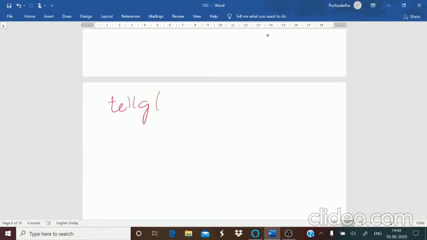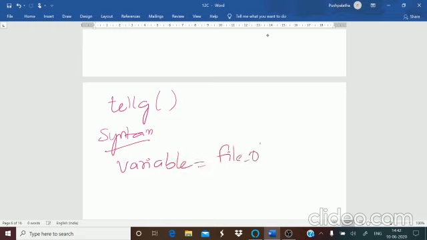And then tell g returns the current position of the get pointer. The syntax for this is variable equals file object dot tell g.